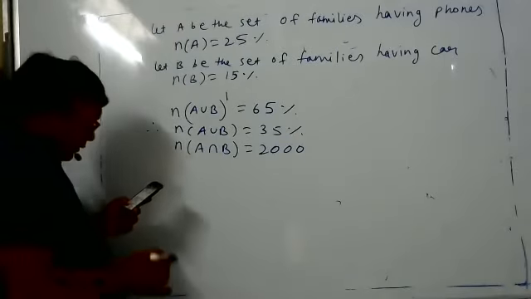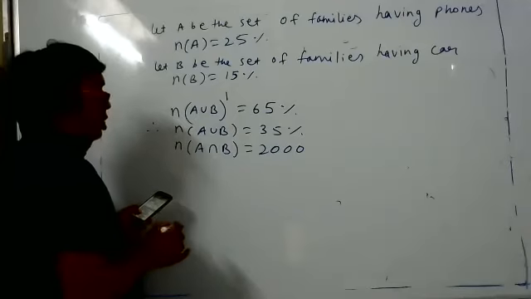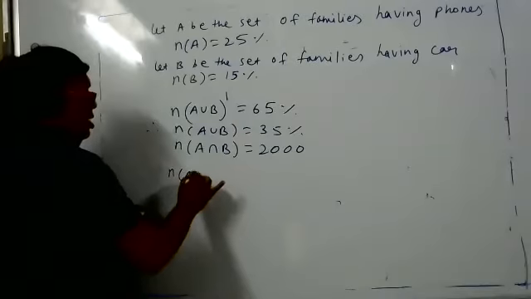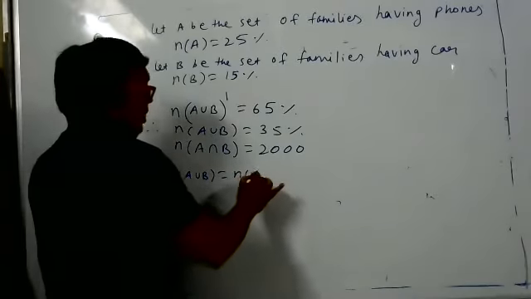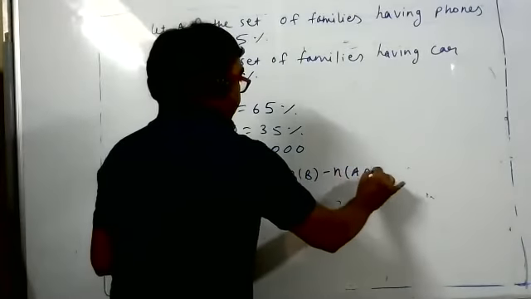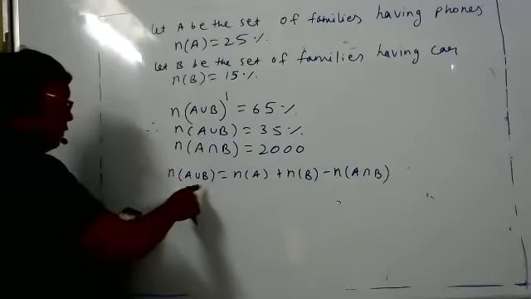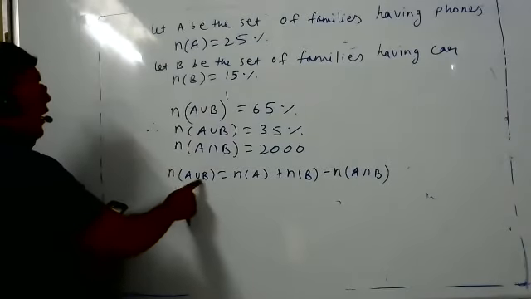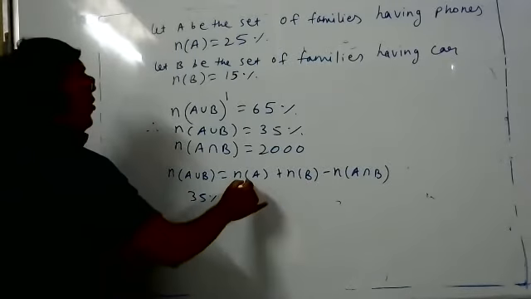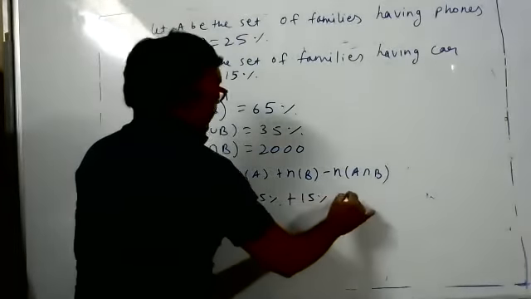Let us do hit and trial. So now we can use the formula: the number of A union B is equal to the number of A plus the number of B minus the number of A intersection B. You people ask fewer doubts meanwhile; later you can ask more. Let us do this, then I will attend to the doubts. For A union B, I will put the percentage, 35%. Number of A, 25%. Number of B, 15%.